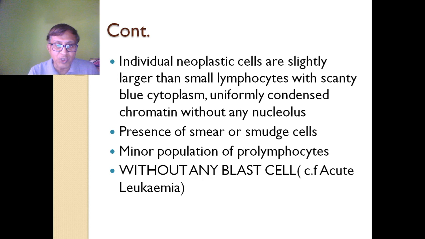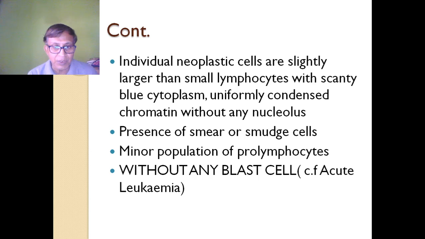So apart from these monomorphic cells, a minor population of cells called prolymphocytes are also present. Prolymphocytes have got nucleolus, and if it is present, it gives a worse prognosis. So it's a leukemia without any blast cells. Next,